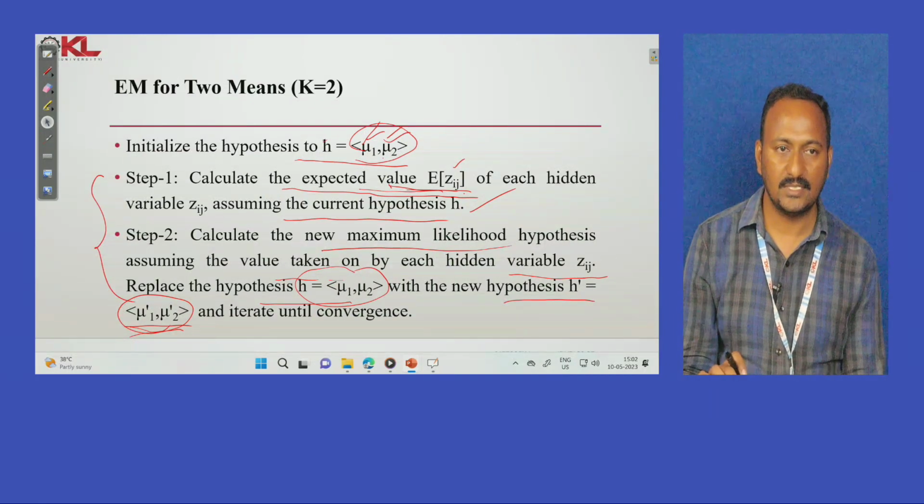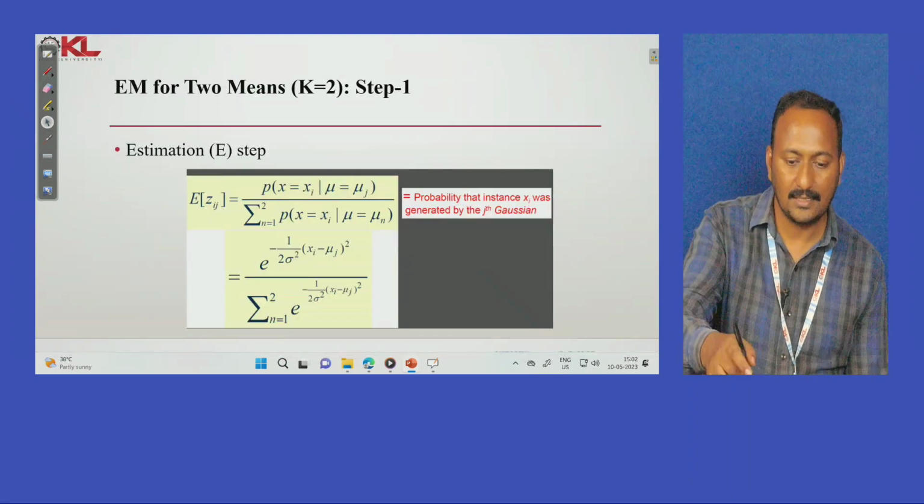Okay, so this is how we apply our EM algorithm for finding the estimated means of two Gaussians. Okay, so these are the formulas which